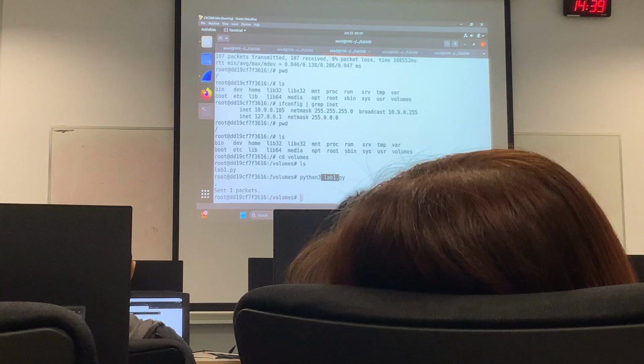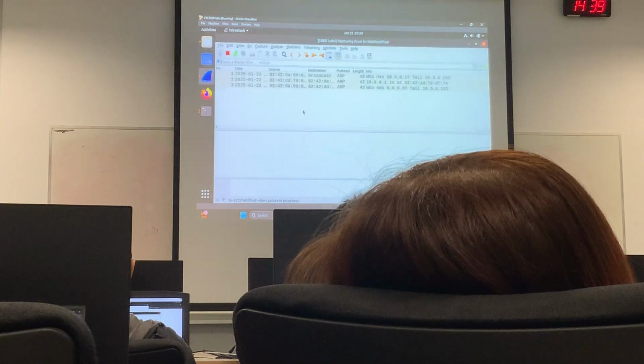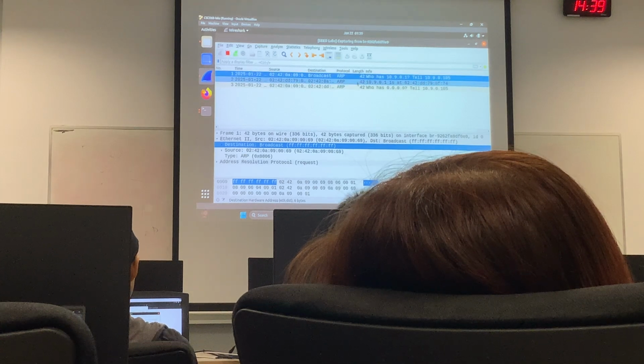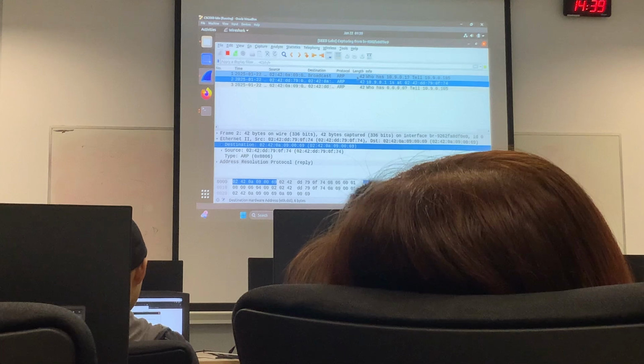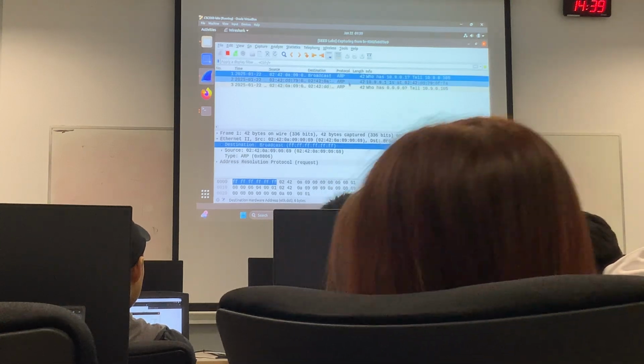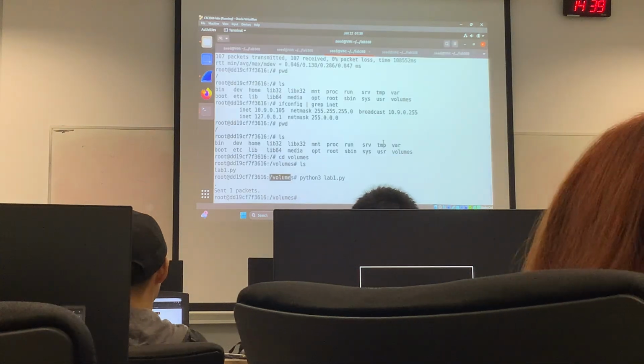Actually, run this in the host M. Come to here. Because I never added anything, I see an ARP packet, right? Address resolution packet. So if you run it again,